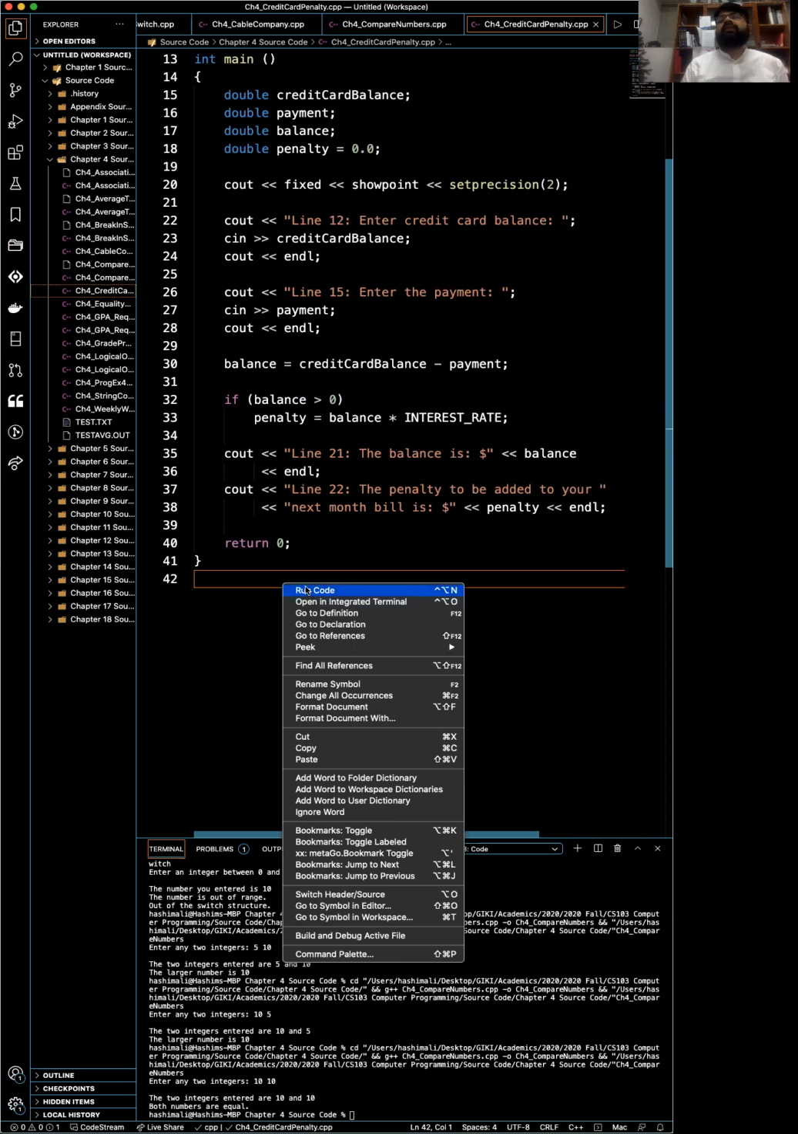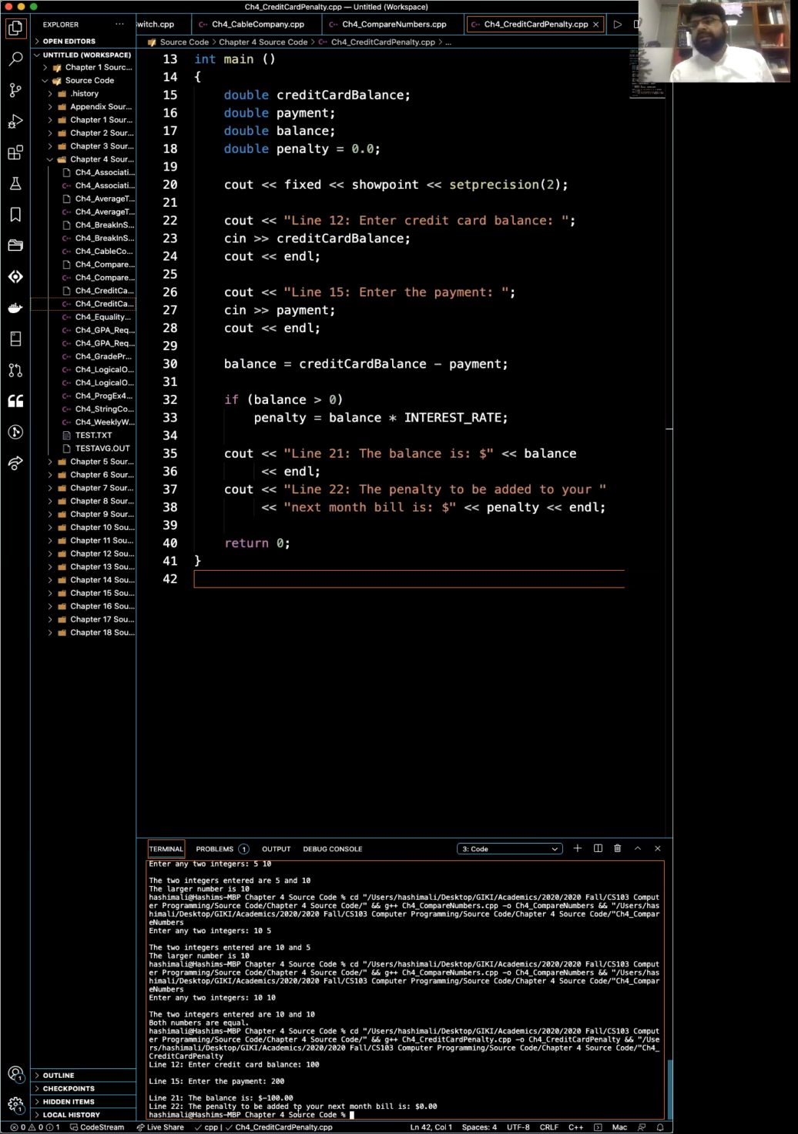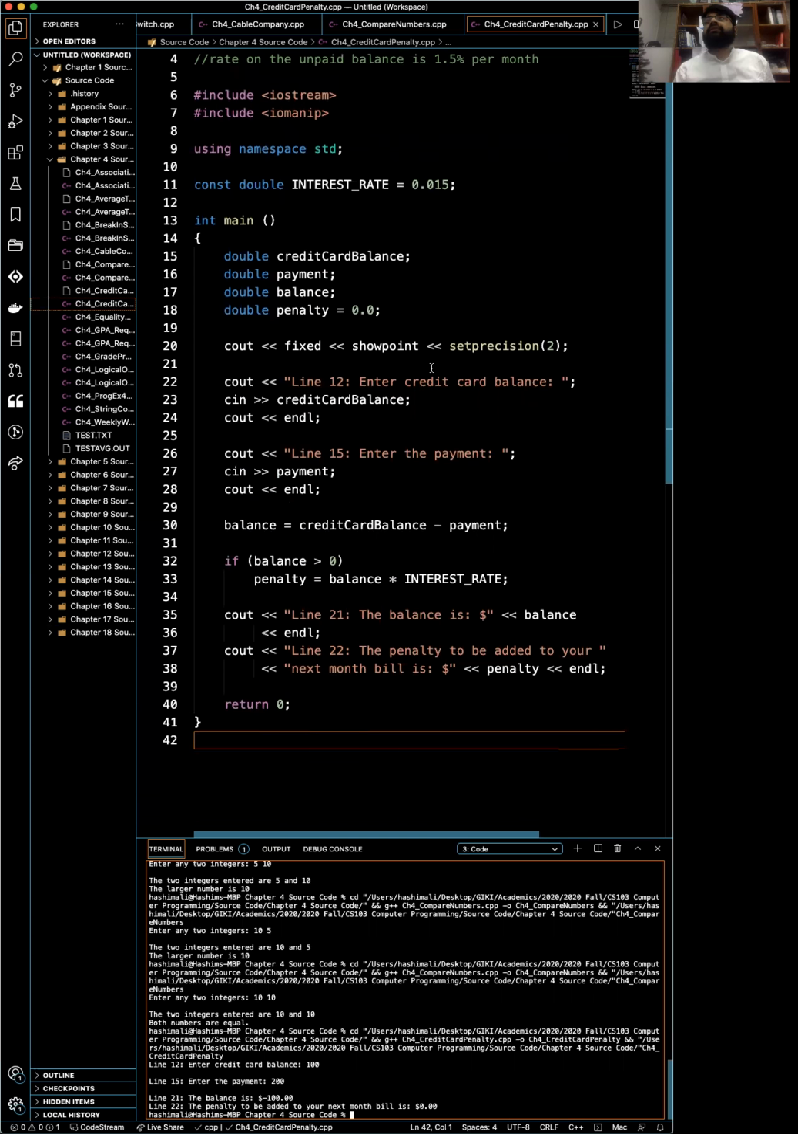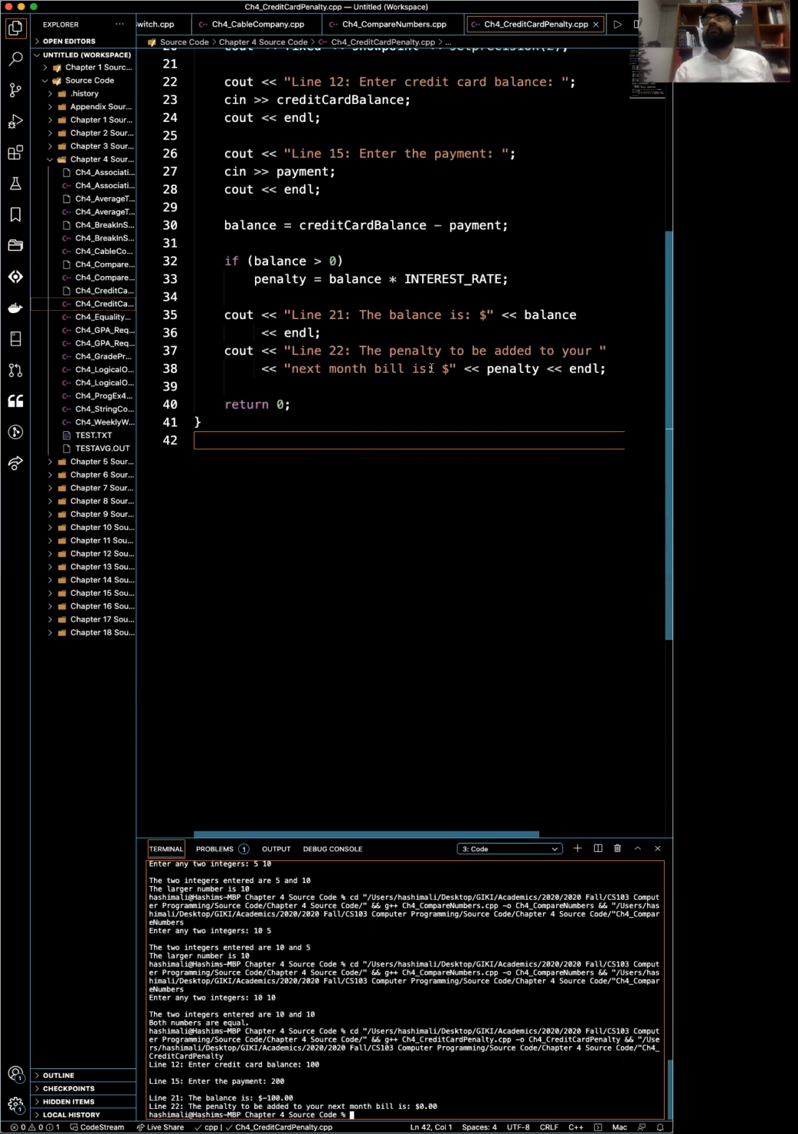In this case, we basically want to enter the credit card balance. My credit card balance is, for example, $100. My payment is, for example, $150, or let's make it $200. And my net balance is minus $100, and hence in the next month, the penalty to be added to my bill is $0. It's $0 because if you multiply 0.015 into 100,